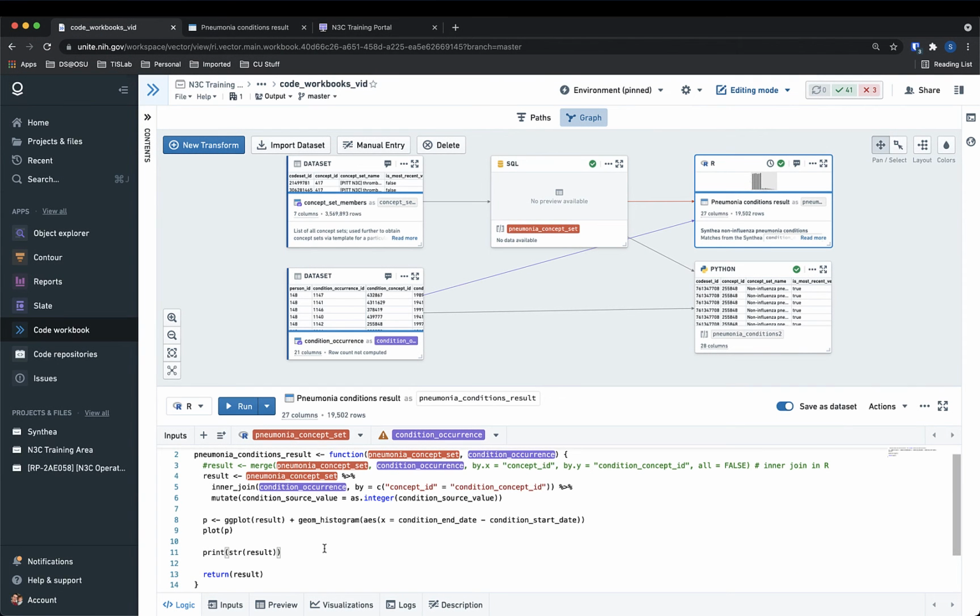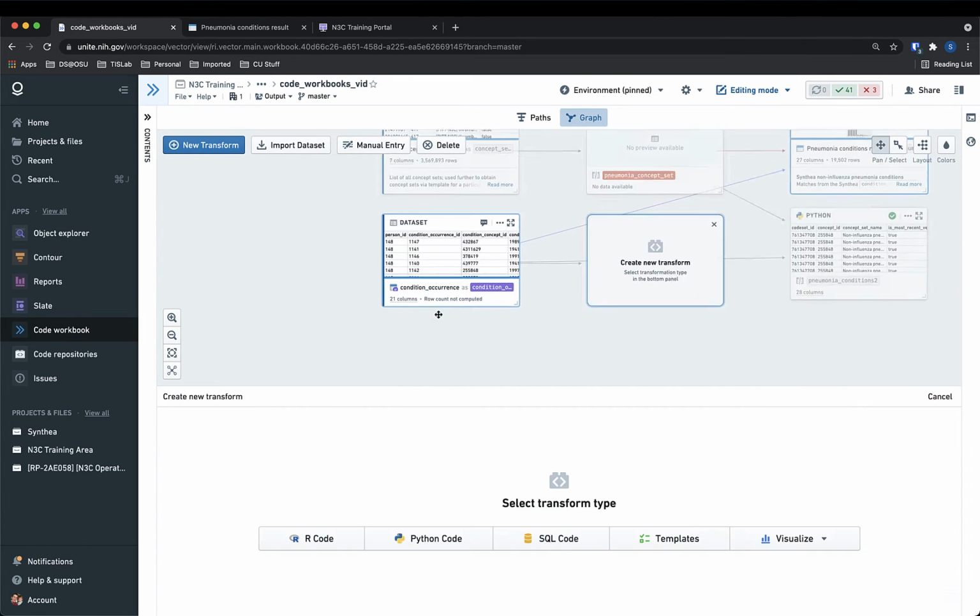The last feature of code workbooks I want to show is the usage of templates. A template is a kind of reusable transform node where the code has been wrapped by a graphical form, allowing users of the template to modify the code via parameters from the form. To show an example, I'm going to add a new transform to the condition occurrence dataset, but this time select